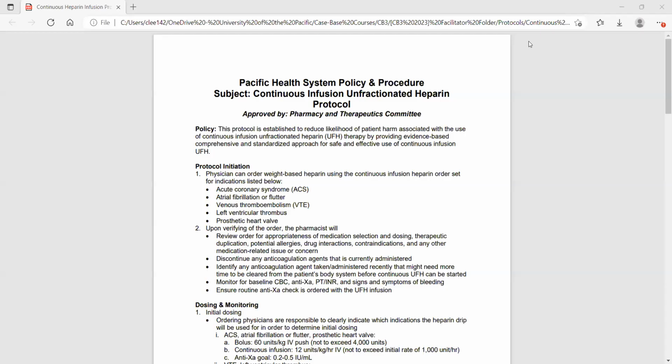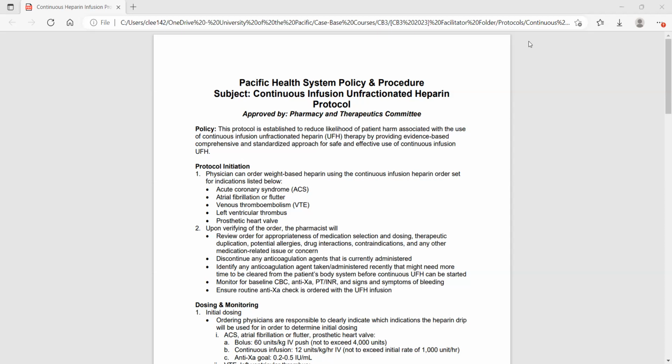Hi everyone, this is an overview for the continuous infusion of fractionated heparin protocol. You will see once you get to API and work in the hospital, most hospitals you're going to be working at are going to have a heparin infusion protocol. And just take note that this is not the heparin sub-Q dosing that you use for prophylaxis, but this is heparin infusions where you use it for a bigger indication like ACS or active clotting like VTE